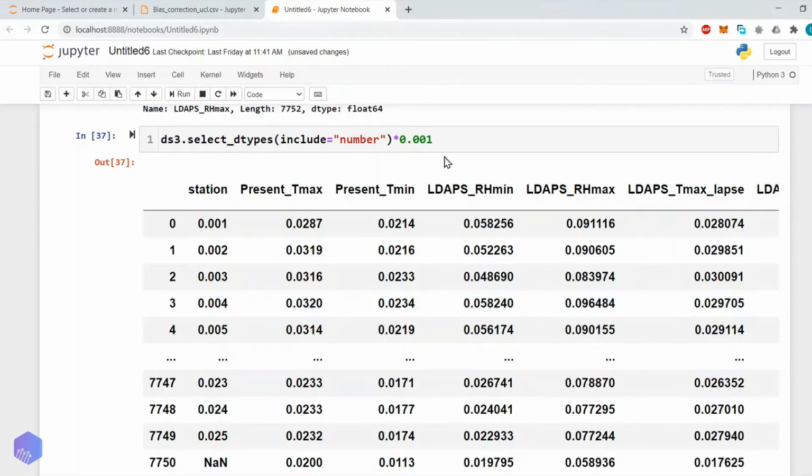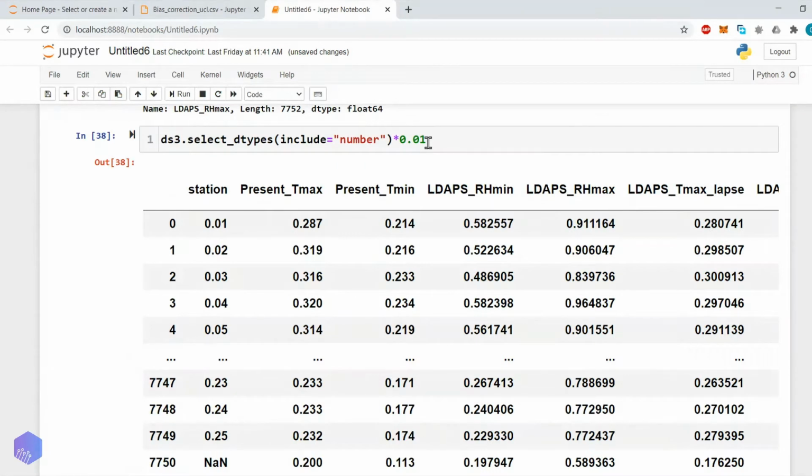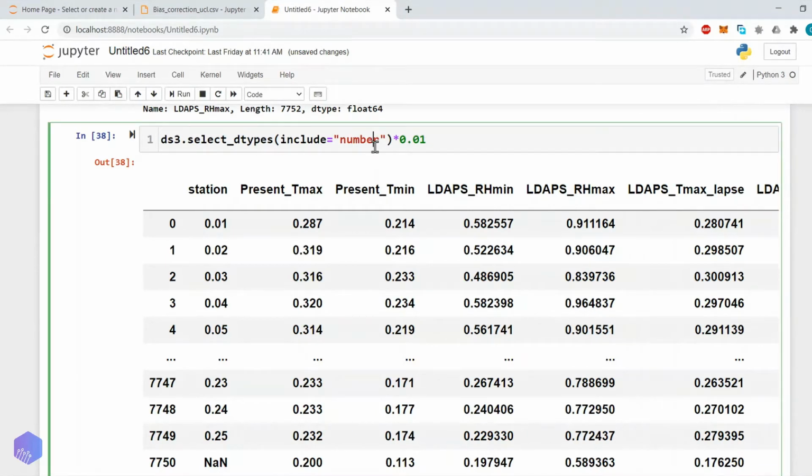Let's say if you want to manipulate the entire data set with all the numeric columns, then you can do it like this. Instead of this, if you want to manipulate only integer values, then here you can write int64.